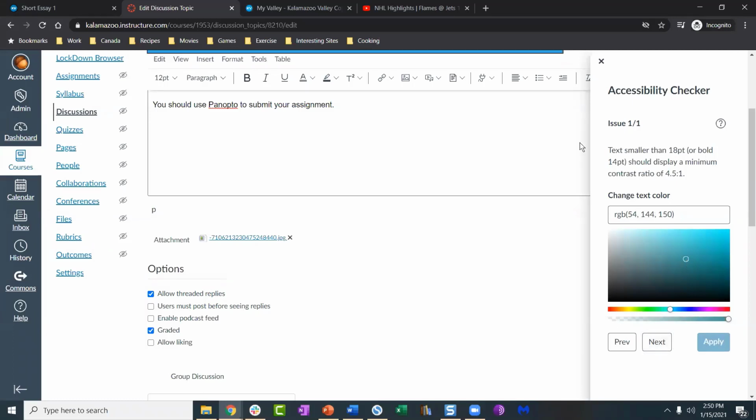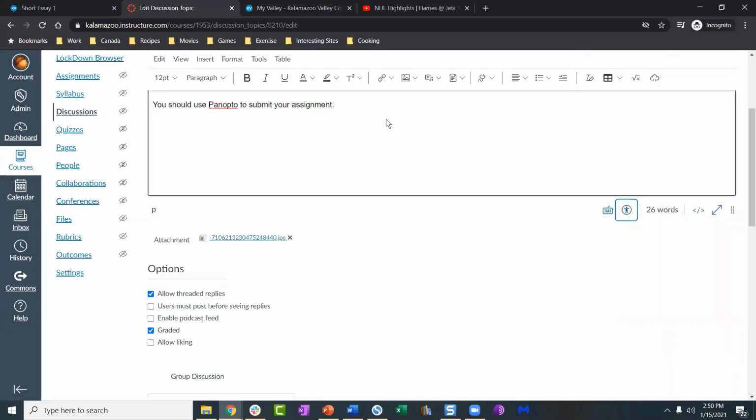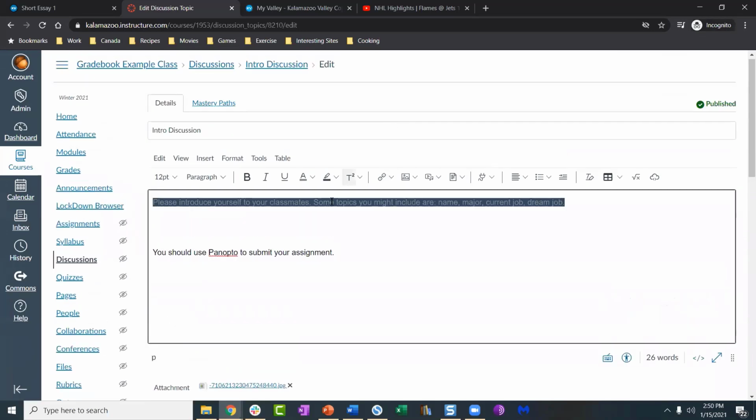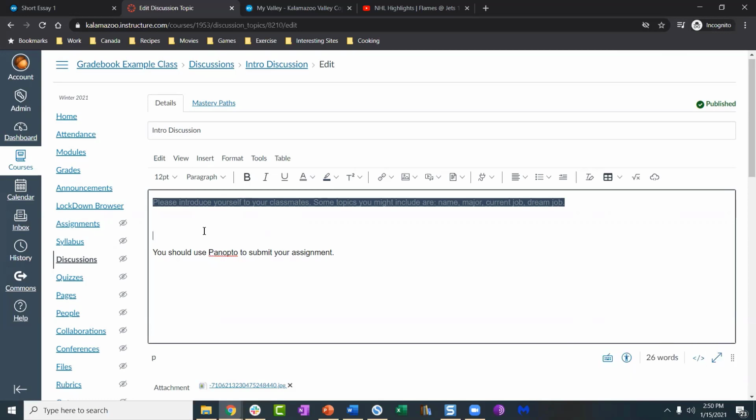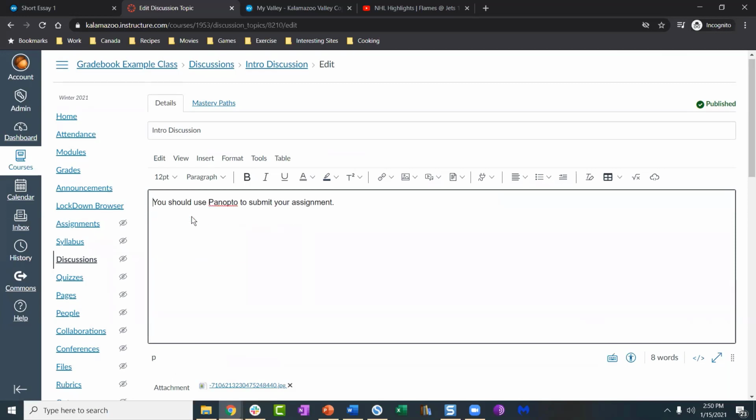I don't know exactly how to apply this fix, to be honest with you, because this is not an accessibility workshop. But you run your accessibility checker and it will tell you when you have things that are not accessible, and then it will offer solutions, and you should implement those solutions so that you have a fully accessible course. Contrast is just one small area of accessibility,